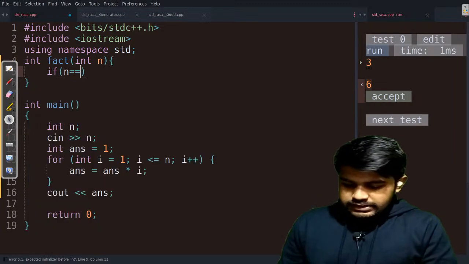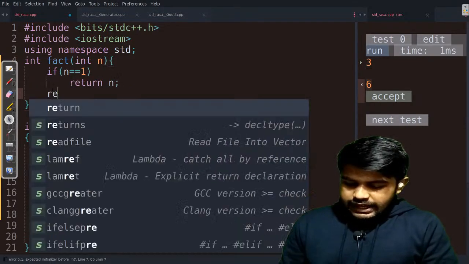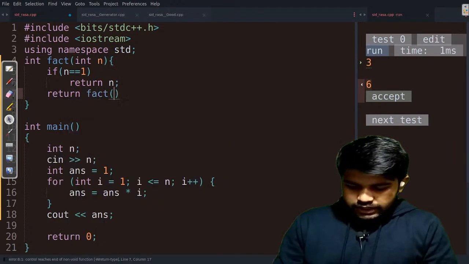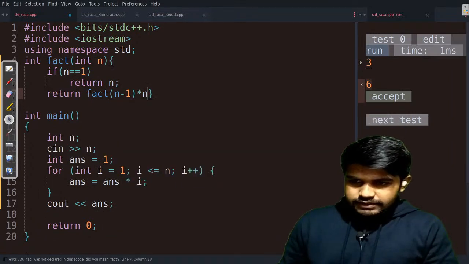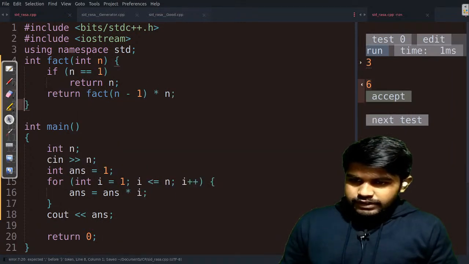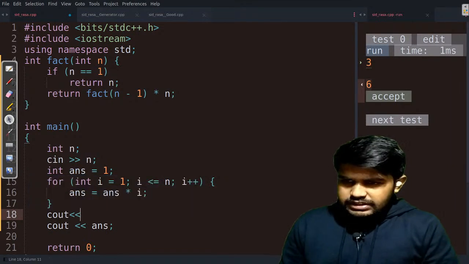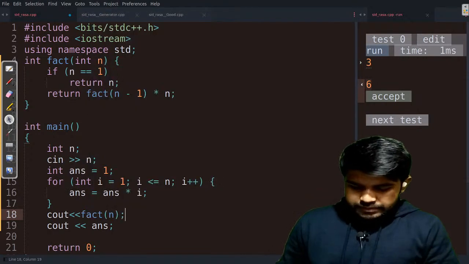So if n is equal to 1, we would return n itself. Else we would do what? Fact of n minus 1 multiplied with the value n itself, and whatever value is coming, we would just print it. Okay, cout fact of n.